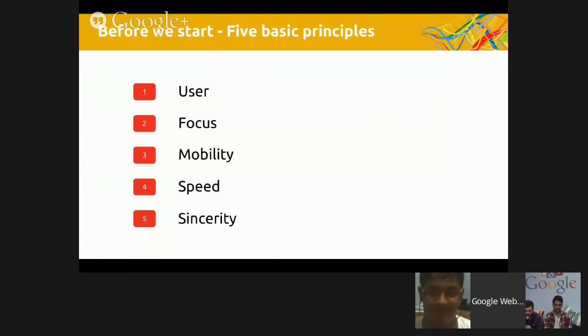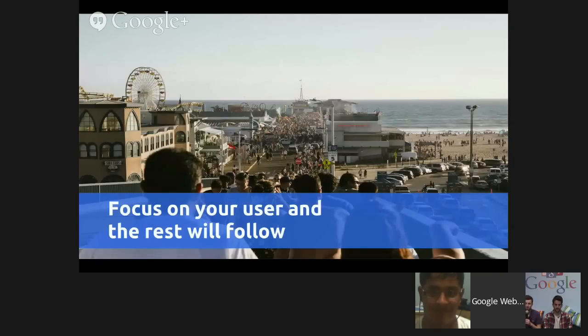Let's quickly illustrate them. The first one pretty much means that you should focus on your users and the rest will follow. If you connect this to the search results, then we want to say that you should make your website, mobile or desktop, tablet, whatever, for the user, containing all the most relevant text and information that the user is looking for, and not make the website for the search results. Because what we still see is that some businesses think they should make the website in such a way that the search engines understand it well, which doesn't always mean that the user has full benefit of the website. More on that throughout the presentation.